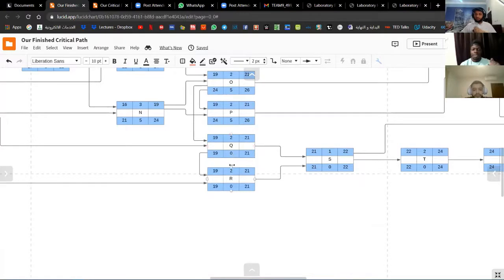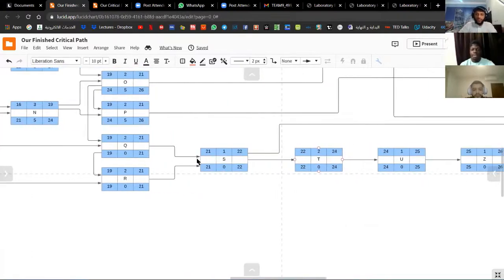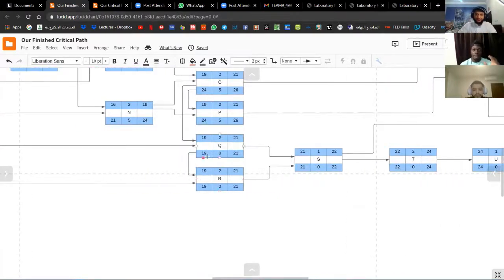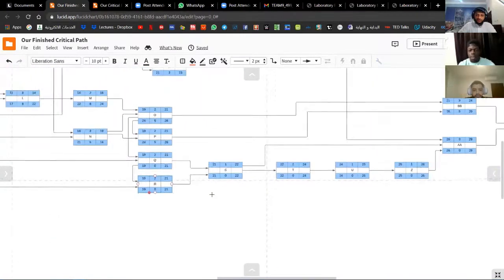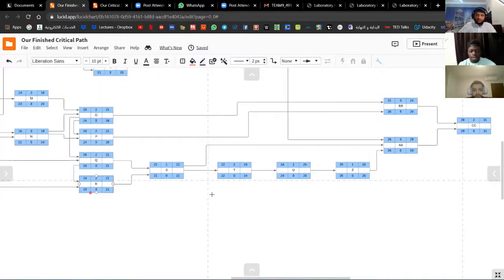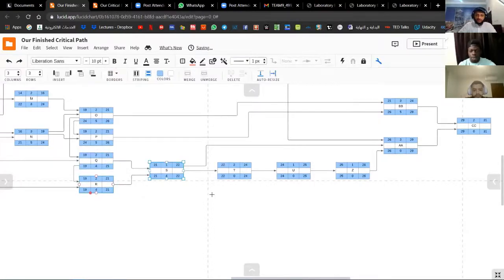From this task and all the following tasks, you should not be late to finish any of these tasks, because any delay in this track or in this path will lead to the whole project being late. So we are going to mark it with red color to make it easy to know